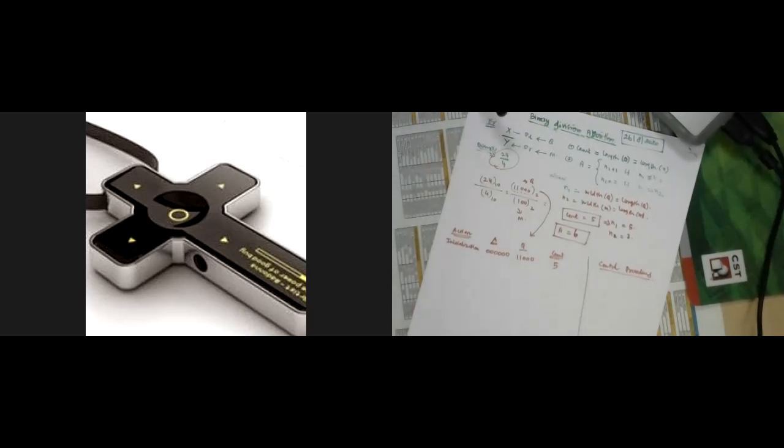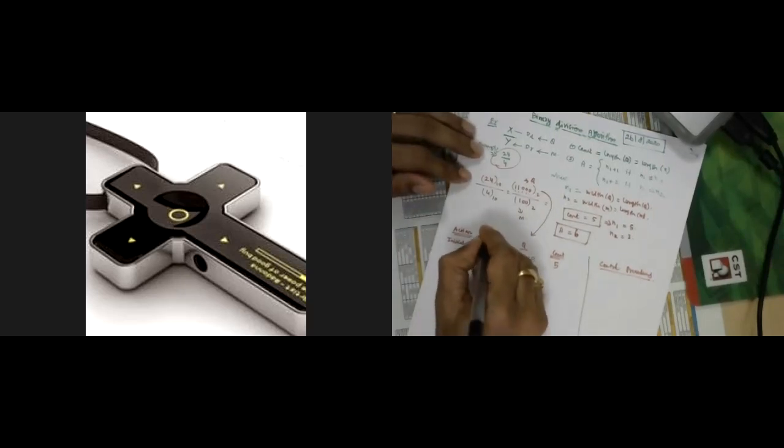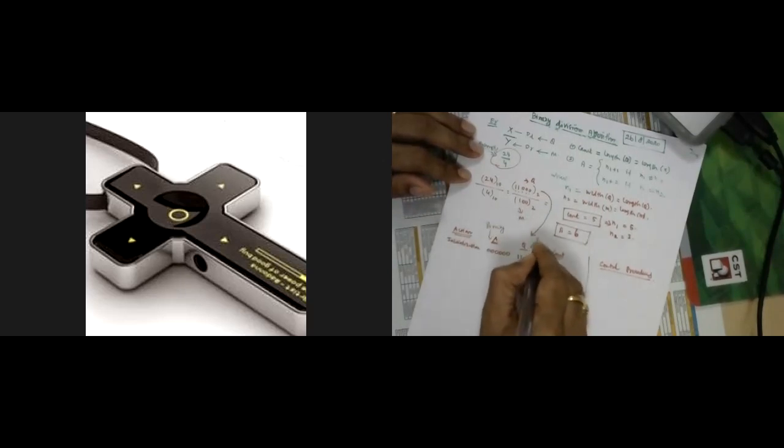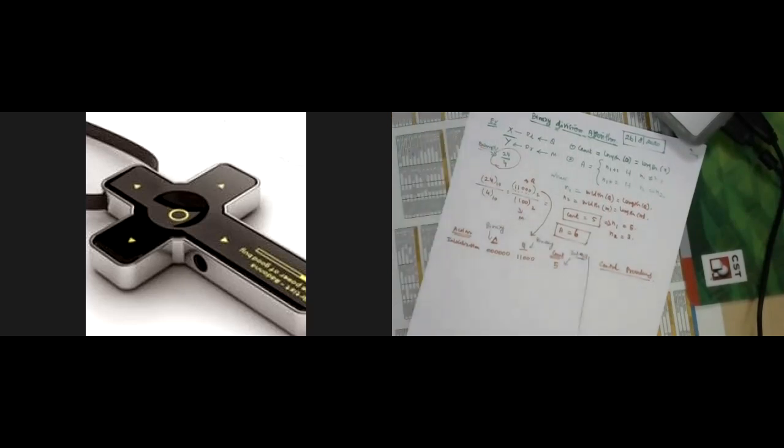If you look here, your A value is loaded by binary, and the Q register is also loaded by binary. But the count register is loaded by integer. Our design will finally be implemented in the FPGA. There is a provision in the FPGA to assign the variables either in binary form or in integer form. So directly you can assign the integer variable also in the FPGA design using VHDL.